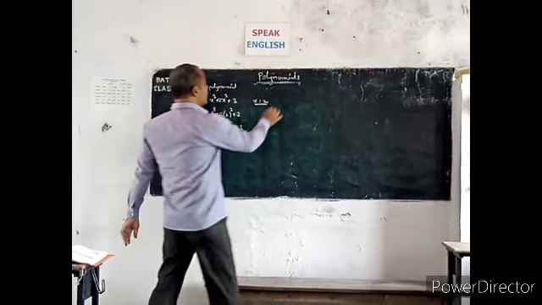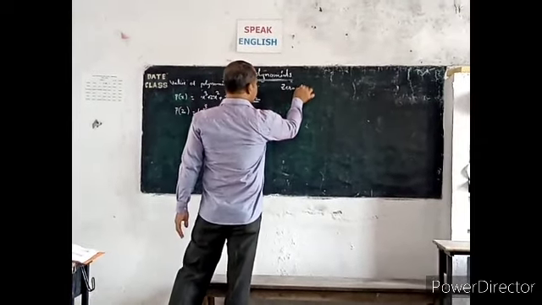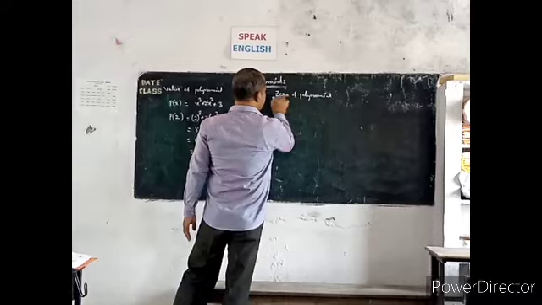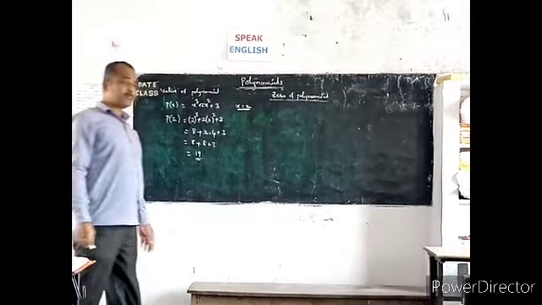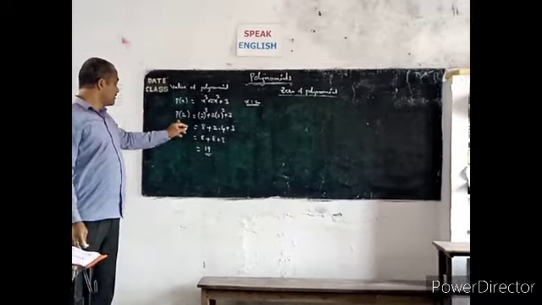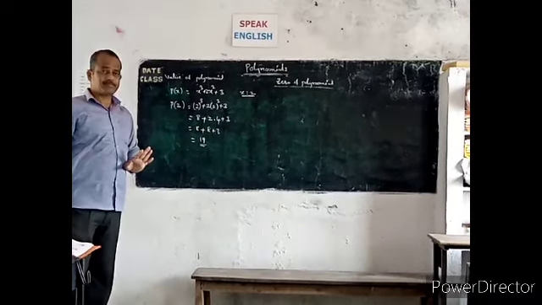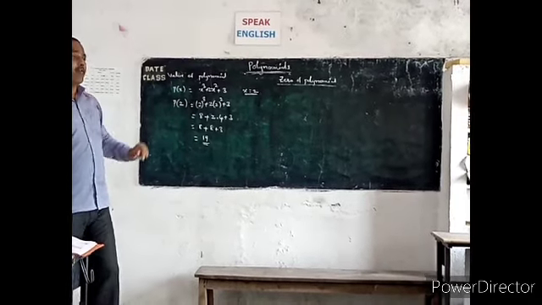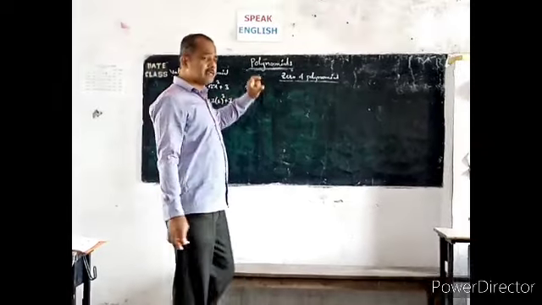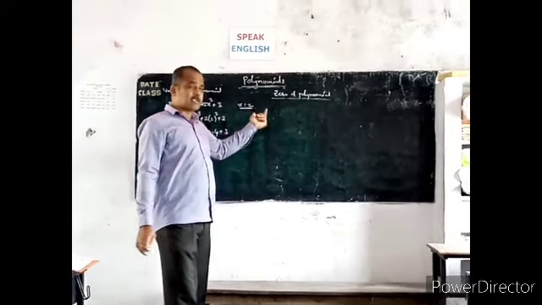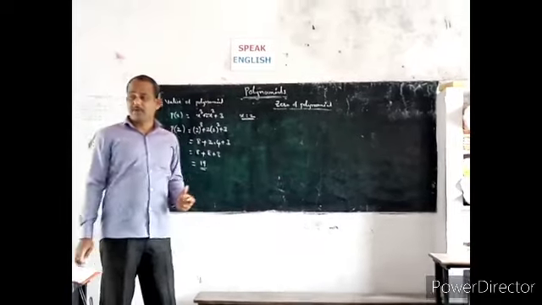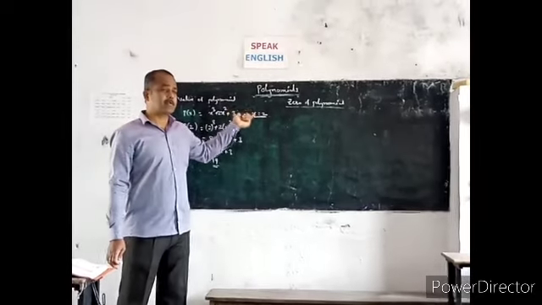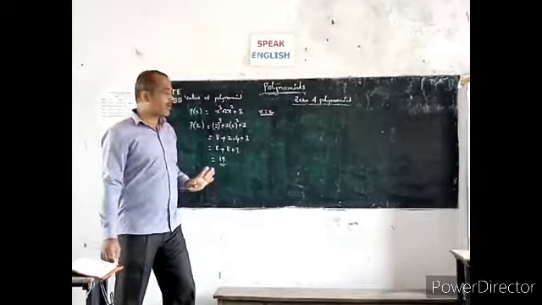We have one more: the 0 of the polynomial. What is the difference between the value of the polynomial and the 0 of the polynomial? Here, when we substitute 2, we are getting 19. What is the 0 of the polynomial? When we substitute a certain value, if the polynomial value becomes 0, then the x value that was substituted is nothing but the 0 of the polynomial.